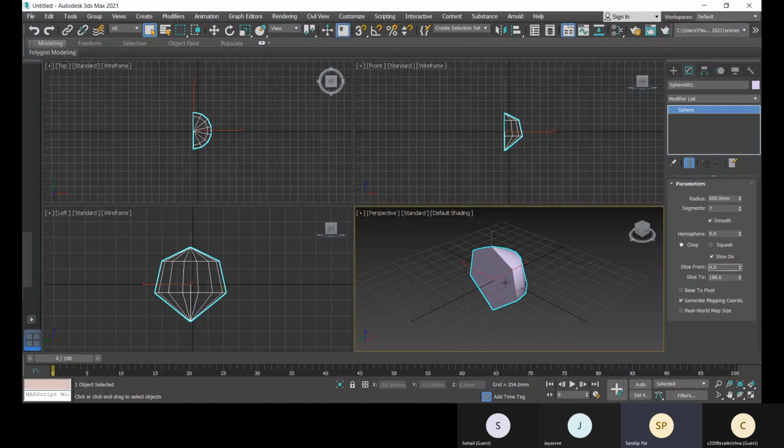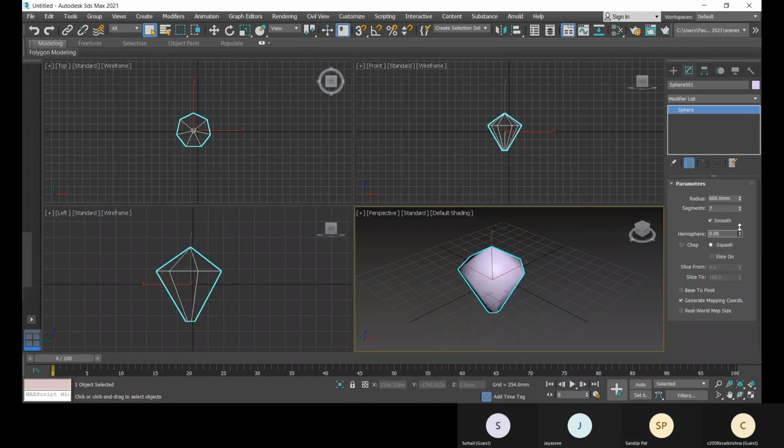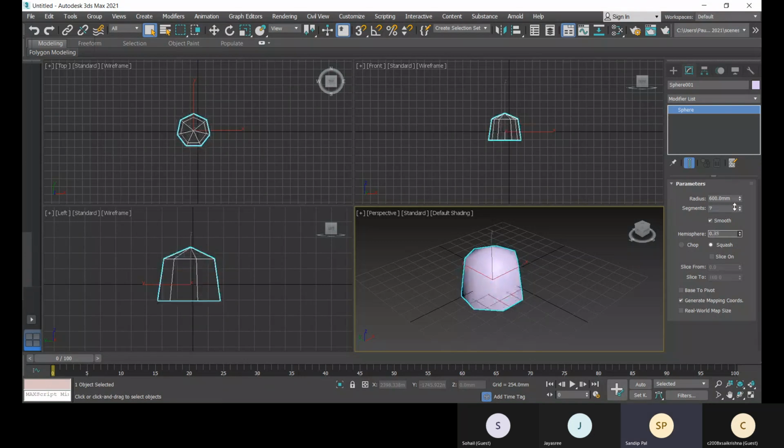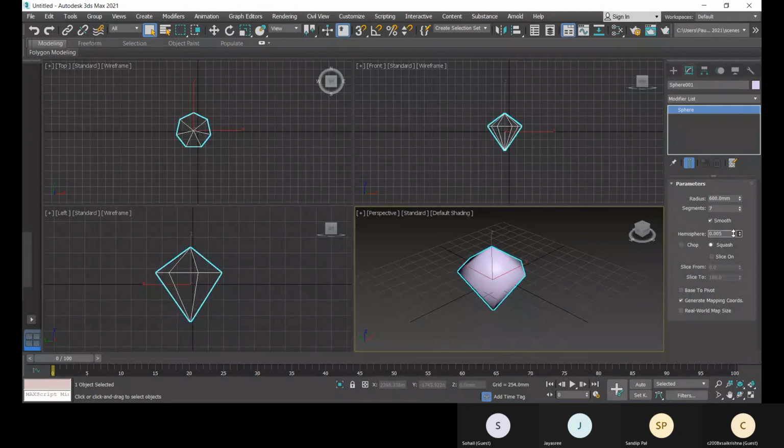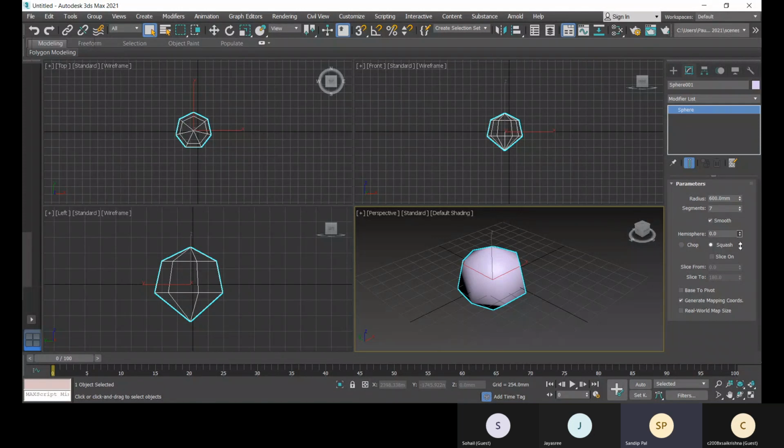This way you can have a slice that will be vertical, and a chop that will be horizontal. And you can have squash also. This way you can have squash. All right, so you can have squash and you can chop.